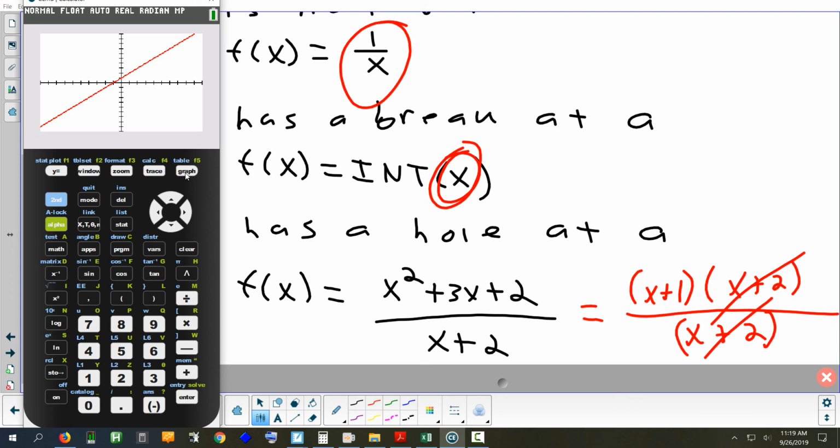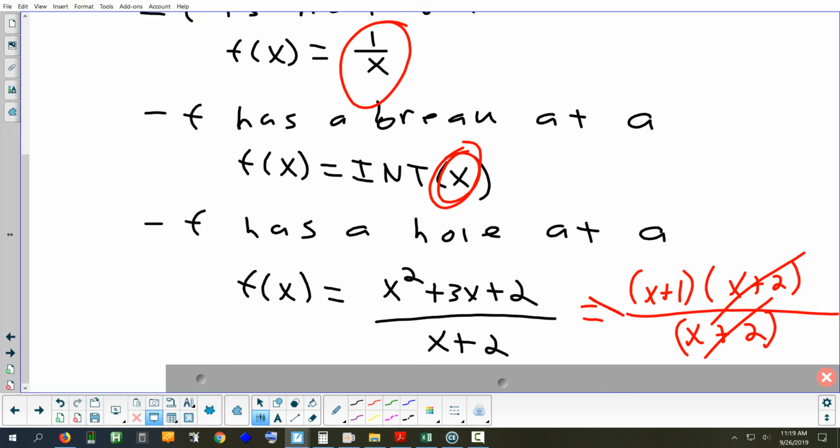That's the difference. Okay. The problem in black has an invisible hole at -2. You can't see it. The problem in red actually doesn't have the hole anymore because I canceled them out. So technically, I'm just going to put like an arrow here because those are not the same thing, the one in red and the one in black. They're different because you canceled out something that made a hole. So how would you really show that? If I wanted to show a hole, I'd go like this. I'd draw a line and I'd put a circle around where the hole should be. But we would know the hole. The only way you would know there's a hole is if you look at the original